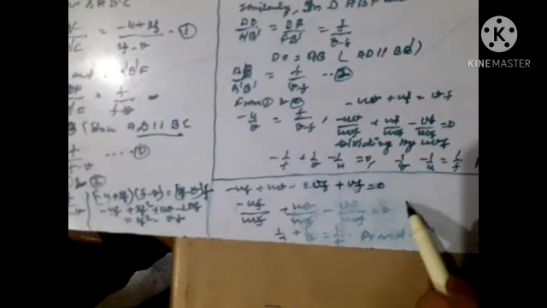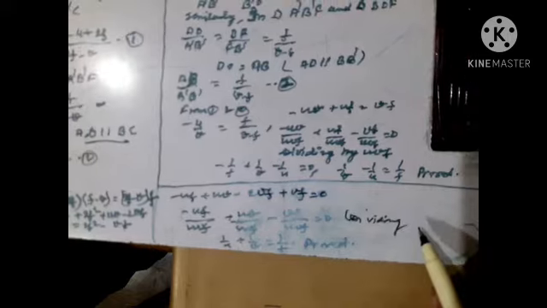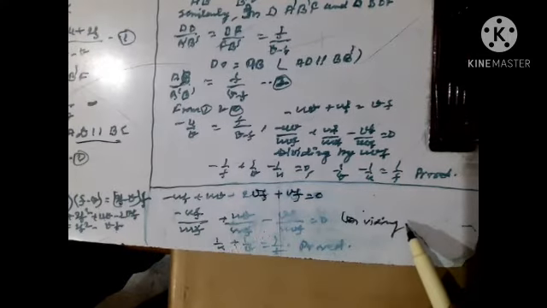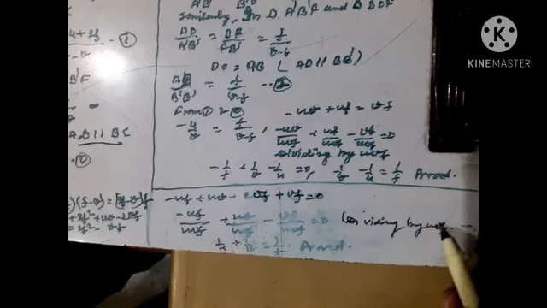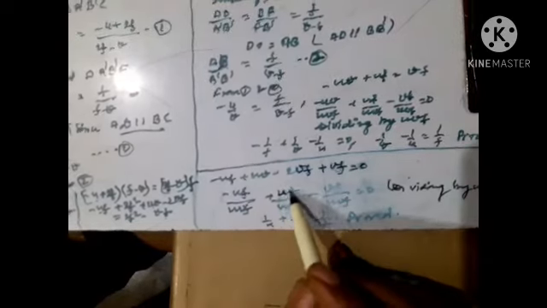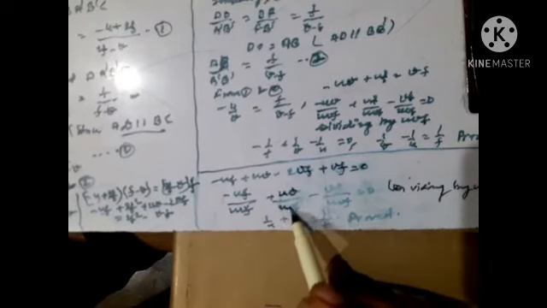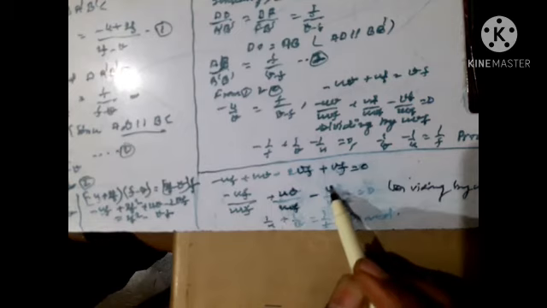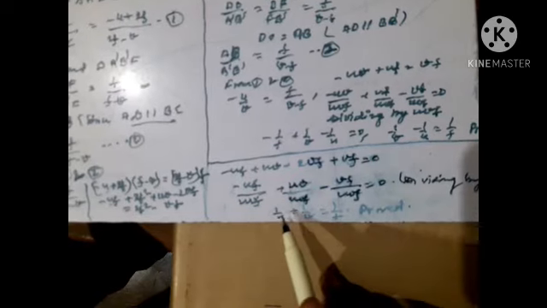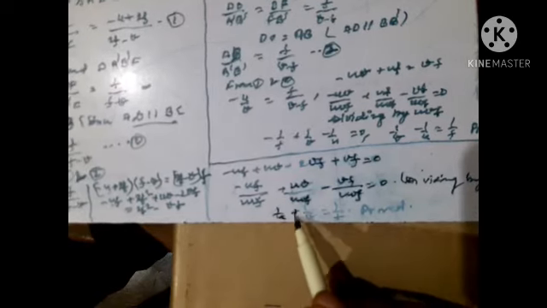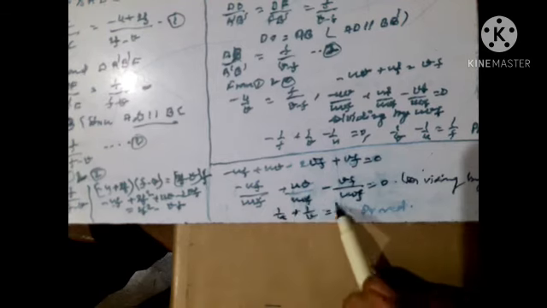And dividing by uvf. In all mirrors, and also lenses, you have to divide by uvf. Here uv by uvf minus uvf by uvf is equal to 0. Then what will you get? 1 by u plus 1 by v is equal to 1 by f. This thing you have to prove. Okay, I hope you are understanding.